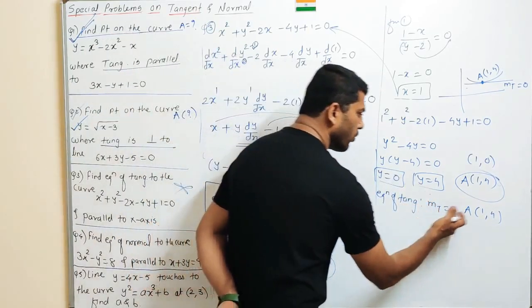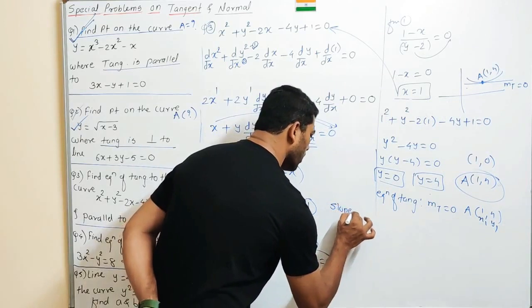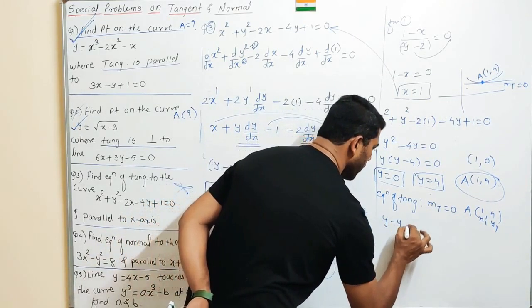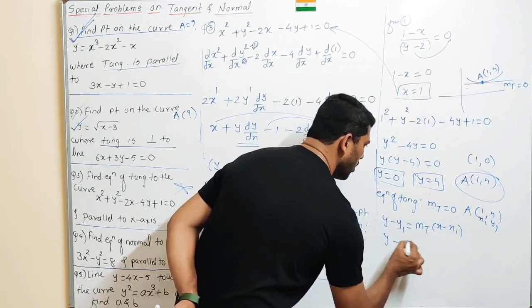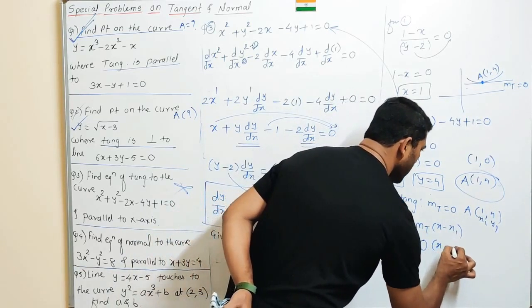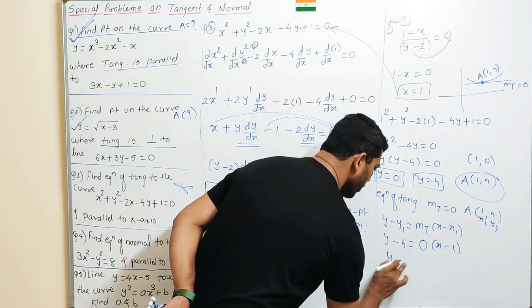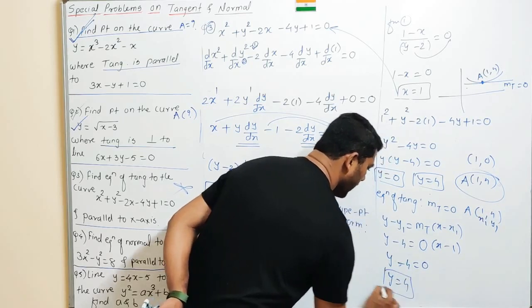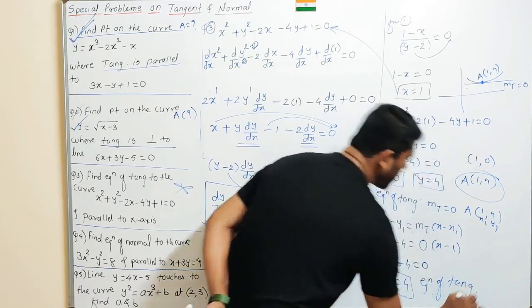When we know the slope, we know the point, let's use slope point form. So I am using here slope point form. What is the slope point form of a line? y minus y1 equal to m into (x minus x1). So please substitute. y minus y1 is y minus 4, slope of tangent is 0, x minus x1 is x minus 1. 0 into something is 0, so y minus 4 is equal to 0. This leads to y equal to 4, and friends, this is nothing but the equation of tangent which is required,